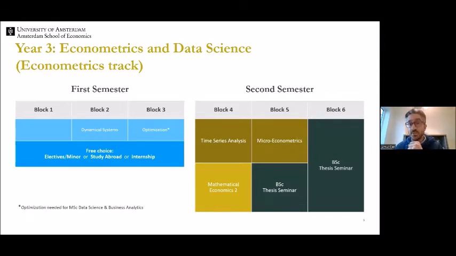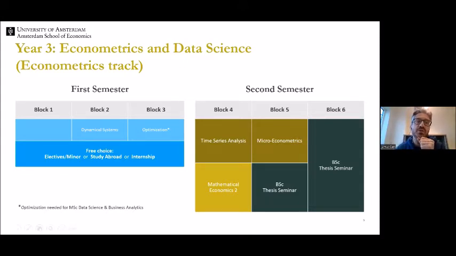You can also choose to study abroad in this first semester of your third year. So you can spend this semester in another university in another part of the world. The University of Amsterdam has agreements with dozens of universities all over the world. So you can go somewhere else to take courses in another university. And you also have an option to do an internship for credit in your first semester here. So the University of Amsterdam offers an internship program which allows you to do an internship for 12 credits. So it counts as 2 courses, essentially.